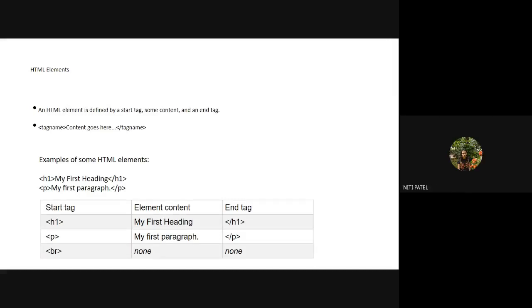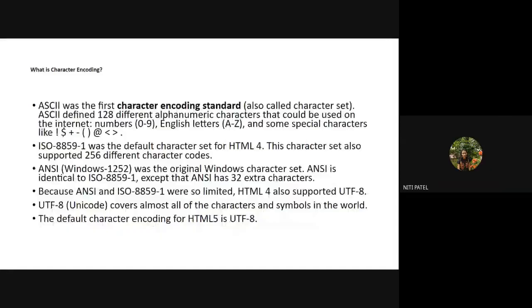Please explain the encoding again. See what is done in encoding. Whenever I type something, the computer doesn't understand my language. In short, the computer doesn't understand English. It will neither understand Hindi nor Marathi nor Gujarati, nothing. It understands only one language, called binary, and binary means 0 and 1. So to make the computer understand my language, or whatever the user's language is, some type of encoding is done. That encoding is called character encoding.